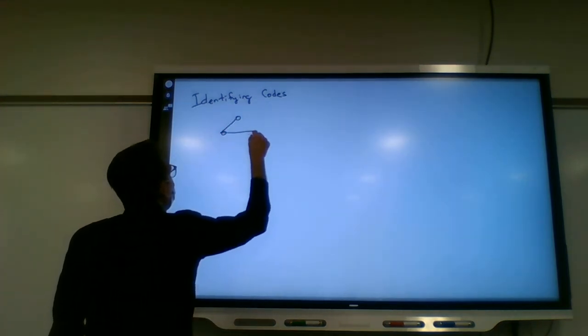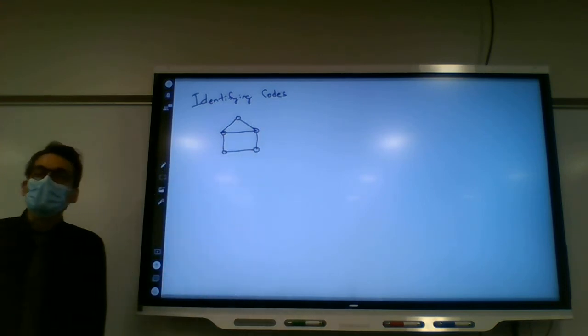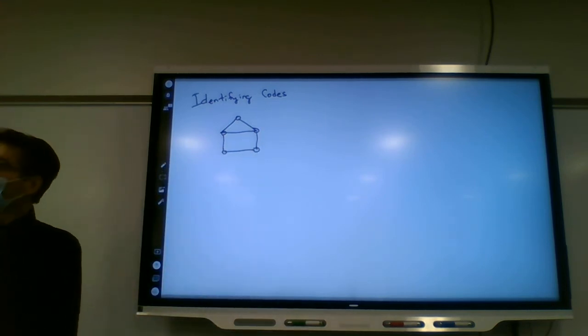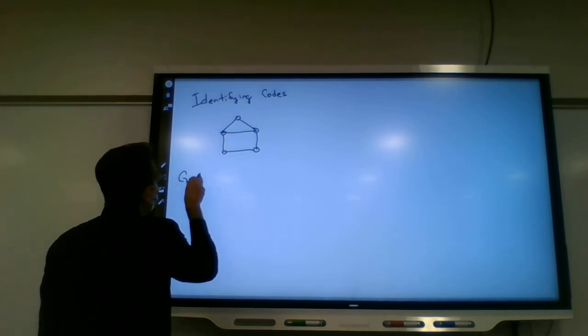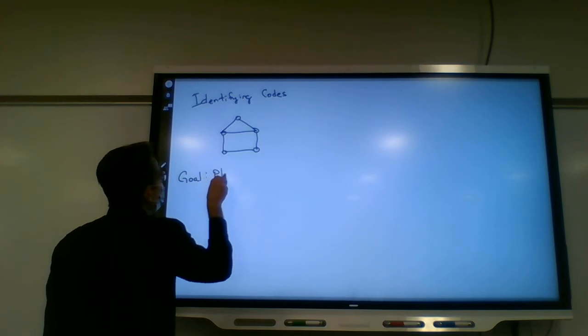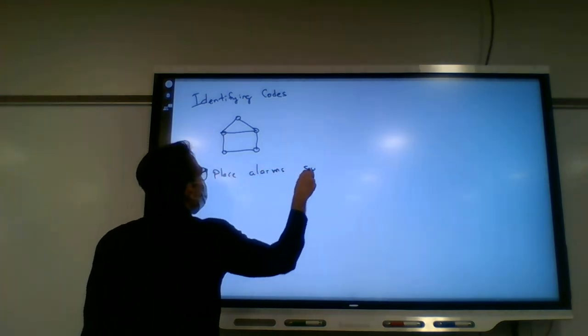So here we have this graph. Rather than just trying to find out, is there a fire somewhere, the goal is to place the alarms